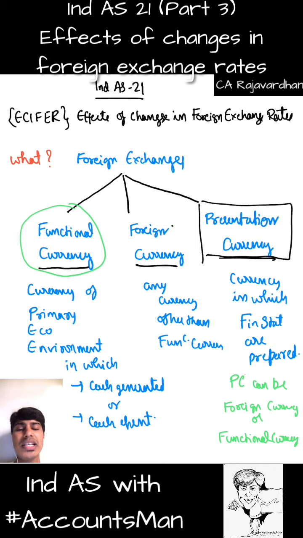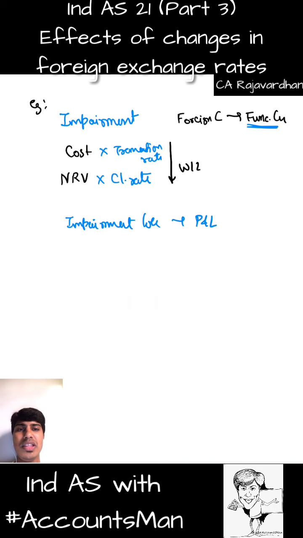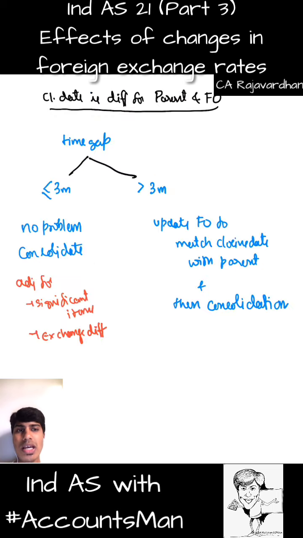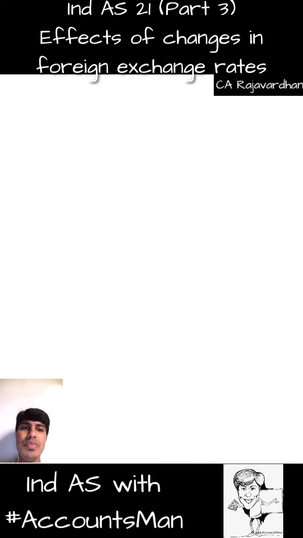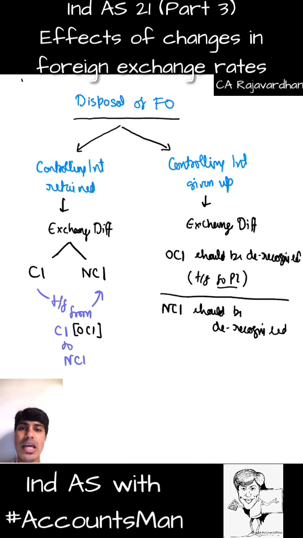Now the foreign operations are basically there in foreign currency. From foreign currency I converted it to functional currency. Why? Functional currency can be our presentation currency. Now assume that I am an Indian based company with functional currency being Indian rupees, and my Indian company has a foreign operation in the US, and whatever recordings were made in dollars, I have converted completely to Indian rupees, that is functional currency, and recorded the entire statements in my functional currency.